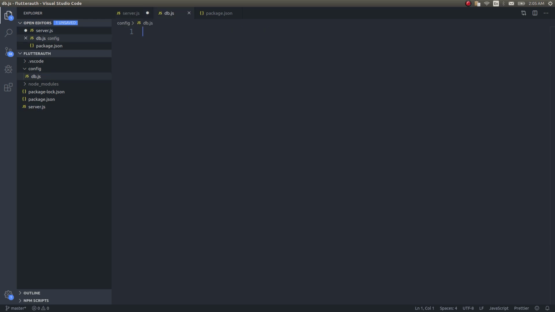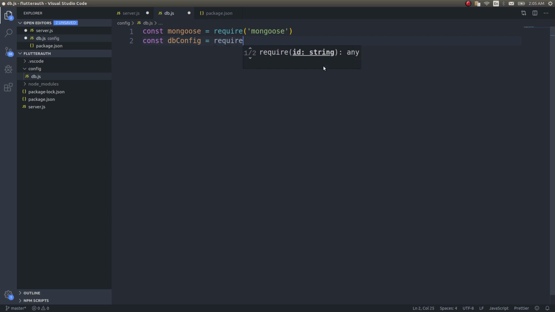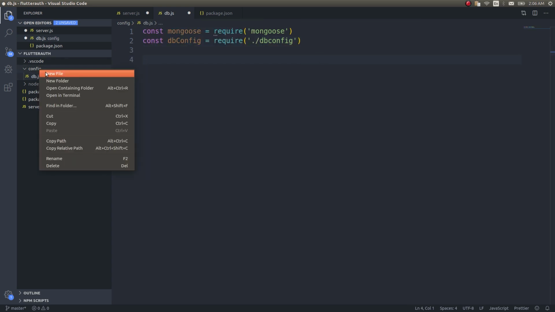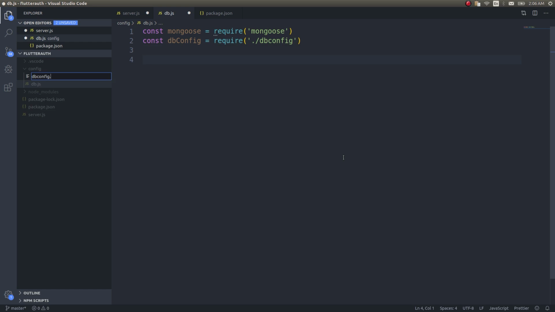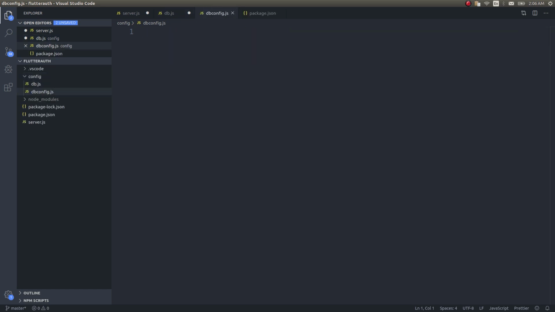Inside db.js I need to write some code for this, right? So I'll write const mongoose equals require mongoose. This is simply like an import statement, guys. Okay, mongoose, and then const dbConfig equals require db config. Fine, db config we don't have. Inside dbConfig.js we'll just do